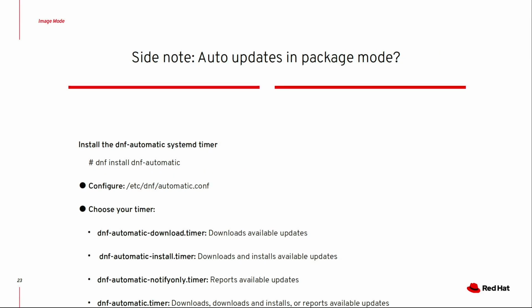And then a side note, because I was like, oh, auto updates. I wonder if there's an auto update for package mode. So I did some Googling, and I didn't know this. I just learned this. Did anyone know that there was a way to turn on automatic updates in package mode? Now, you have to install a package, right? There's a dnf-automatic that's not automatically installed, so you got to install it. But then there's a configuration file where you can put a username or an email address, and depending on what timer or